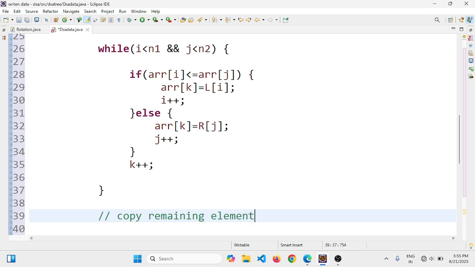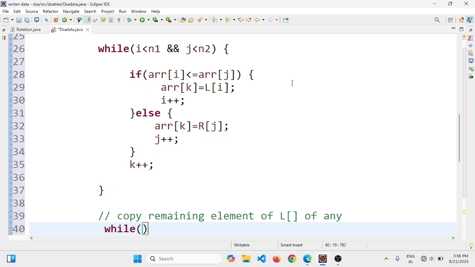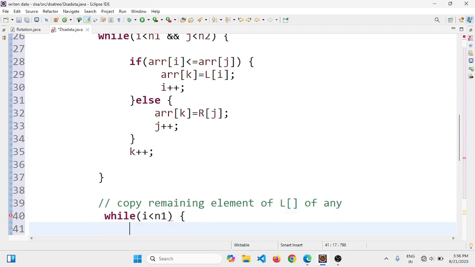Remaining element of L, of any element, suppose here. Then apply here the while if i is less than n1, right? This condition will go while i is less than n1. You know very well, n1 is the length of the left side, and i is the initial index. And let's apply inside the last remaining element assigned here, L of i,